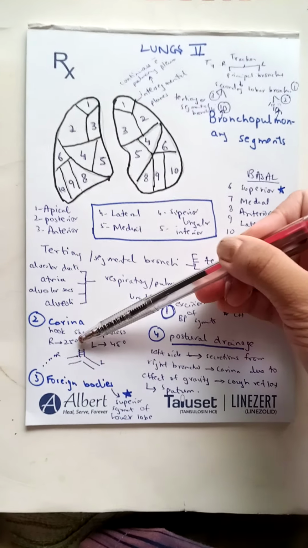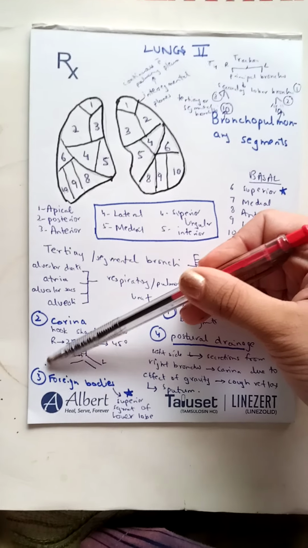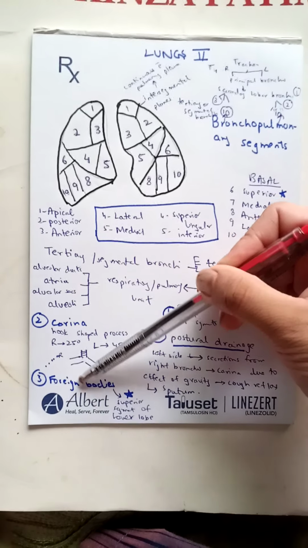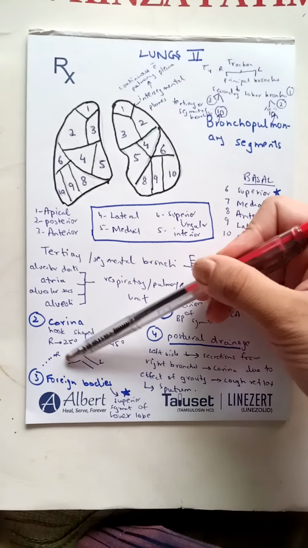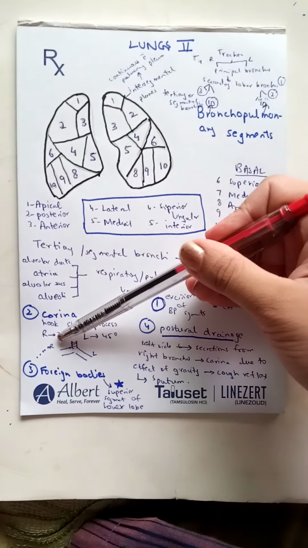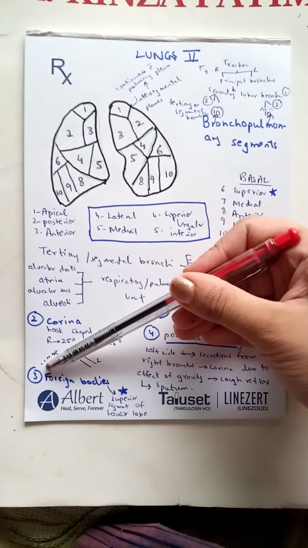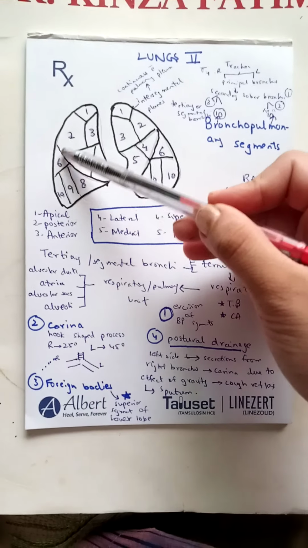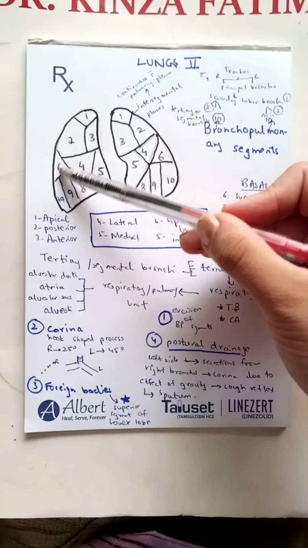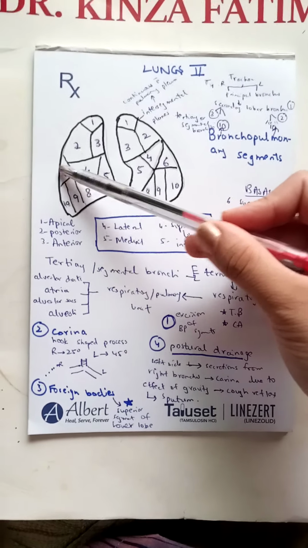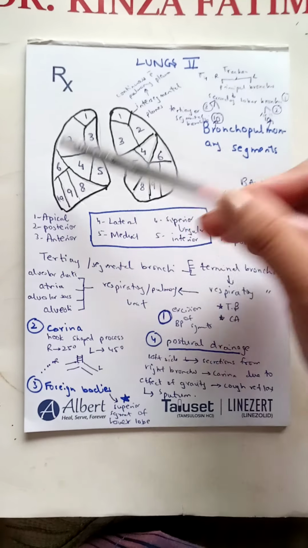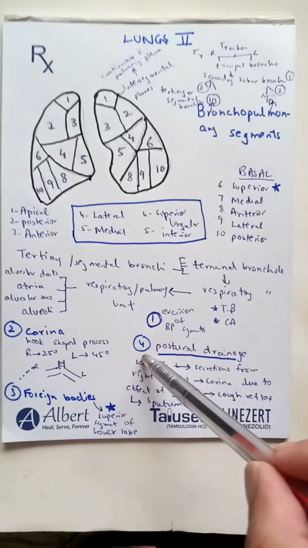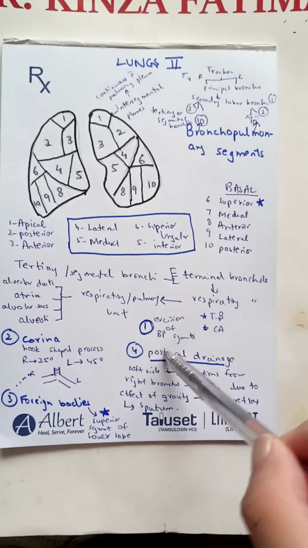So most of the foreign bodies are inhaled into the right lung because the right bronchus is more inclined, at an angle of 25 degrees, and where it goes here, it is mostly in the sixth segment. Sixth is the superior basal segment of the lower lobe, that is the most dependent part, and the foreign bodies are lodged here. Moving forwards, let us see postural drainage. What is postural drainage?